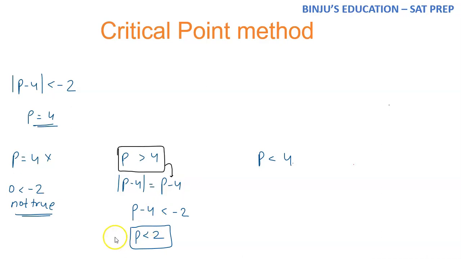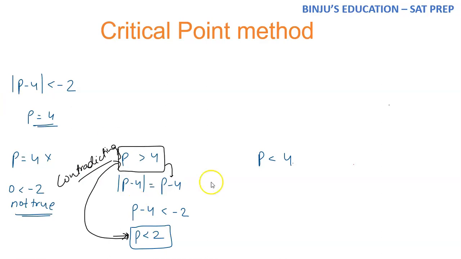However, the result that I am getting after solving the inequalities is p is less than 2. I have already stated that p is greater than 4. I am getting the result p is less than 2. Is this even possible? The two results are basically contradicting each other. So you will not take this conclusion into consideration. Okay, go for the third one.